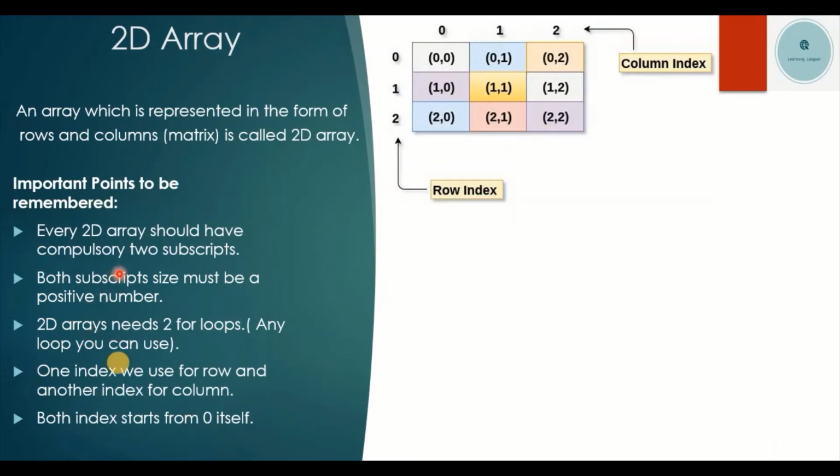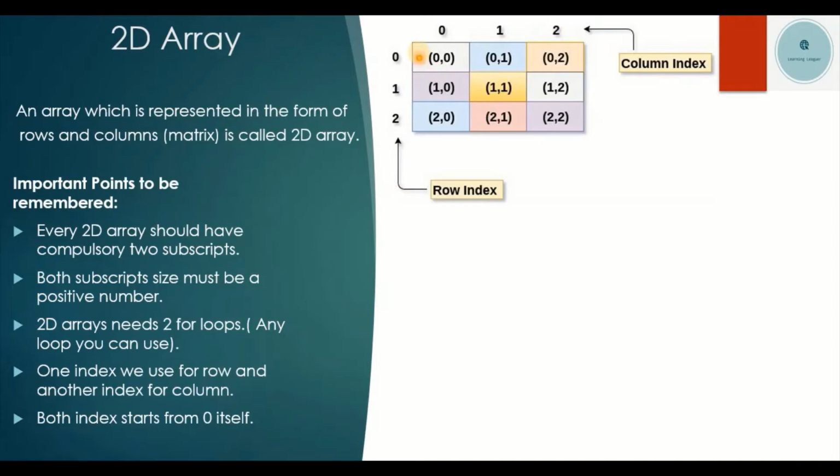In the points you have seen that all indexes should start from 0. That is the reason we started with 0. This is the 0 index for the row, this is the 1 index for the second row, and the 2 index for the third row. In the same way, for columns also the index should start from 0. This is the first column index, that is 0. Second column index is 1. Third column index is 2.